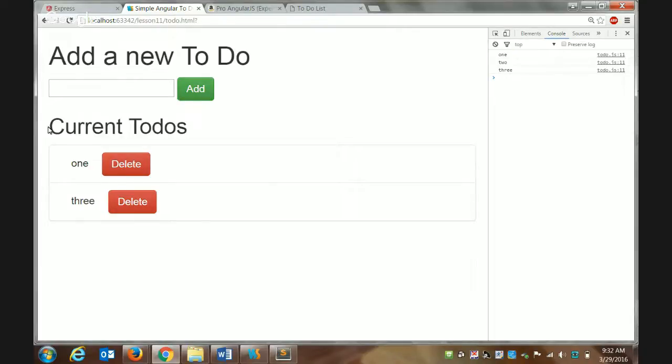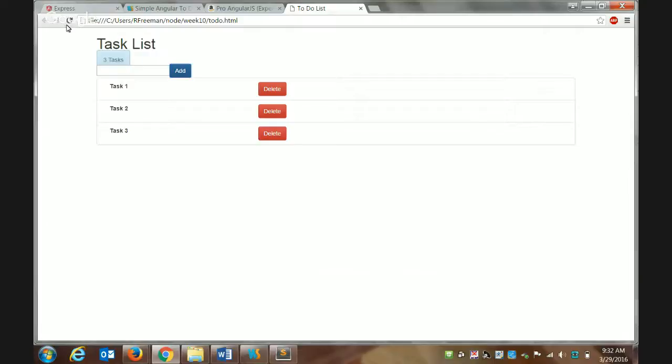So you can put a label or a span tag on. So it should work kind of like this. So starts off saying 0. And as I add,